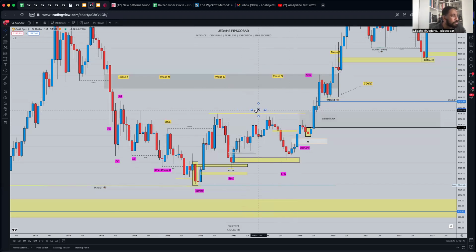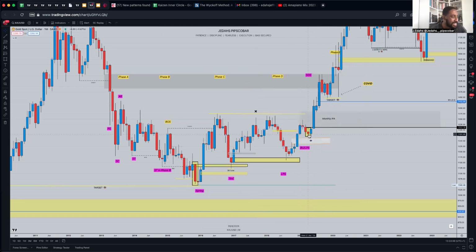You can tell how long ago I marked this up because of the way my markups are. I don't use half of this stuff anymore. When did I even mark this up? I don't even know, 2020 or something. You can tell the way I mark up now is different. But anyway, 2018 comes into here. We leave this gap, and this is how I used to draw my gaps before. Again, oh man, this is taking me back. This is a real throwback.